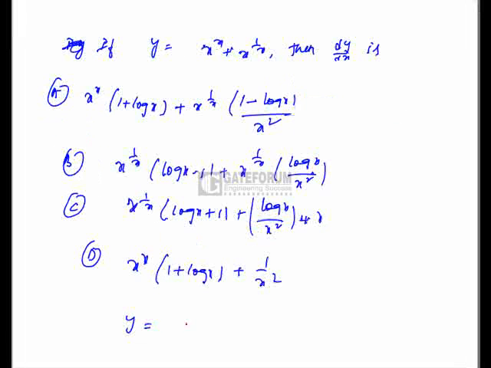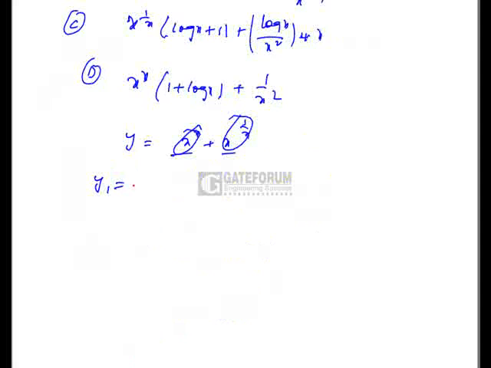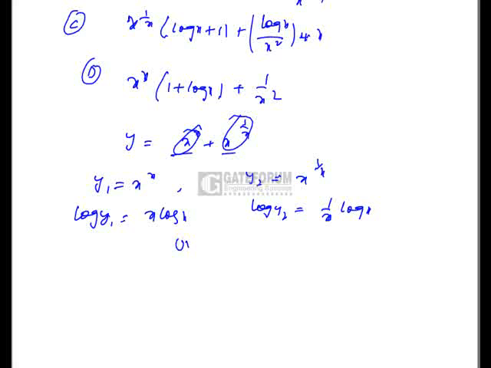Differentiate the function y is equals to x^x plus x^(1/x). Now we cannot differentiate this x^x and x^(1/x) directly, so I'll convert them into two different functions. I'll take x^x as y1 and x^(1/x) as y2, and I'll apply logarithm. Logarithm of y1 is x log x here, and logarithm of y2 is nothing but 1 by x log x, and I'll apply the UV rule, that is product rule, and differentiate this,